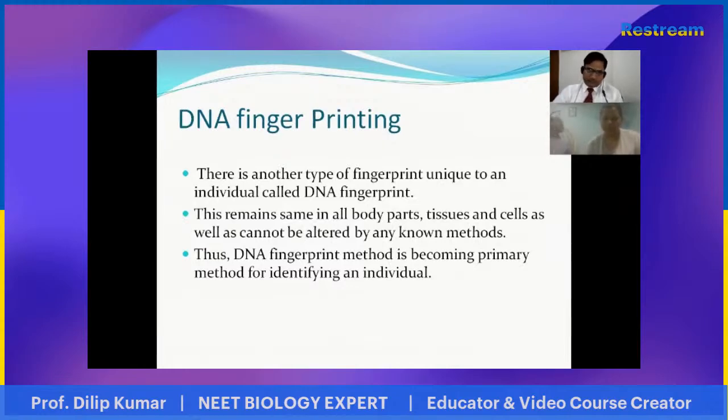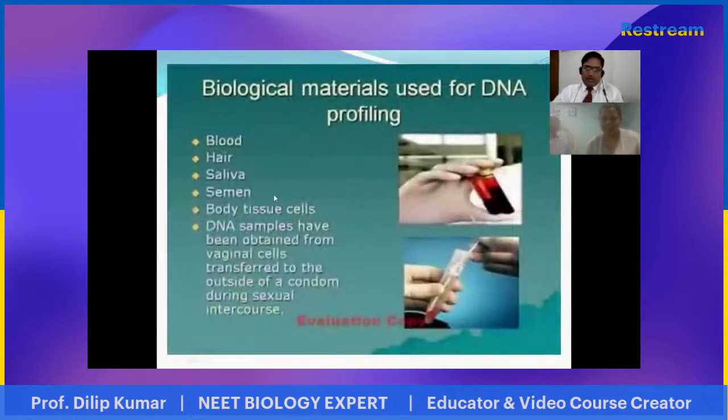Now see, what are the samples used for DNA fingerprinting? The biological material used for DNA profiling is blood. If you see any crime scene, in serials or in the paper, if you listen to it or read it, you'll find that in crimes generally blood is the main component of the sample,